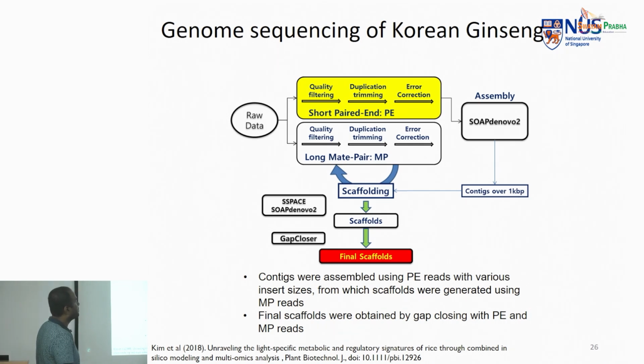From this, we were then trying to reduce the number of scaffolds, or, in the case of chromosomes, the level which is above these chromosomes is the scaffolds, if you are not able to place it at the chromosome level. So in this, we were not able to place at the chromosome level. What we finally got is a scaffold level. With this, we were able to then annotate what is happening in the ginseng.